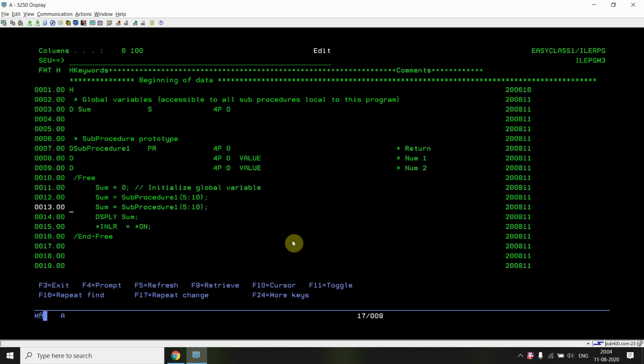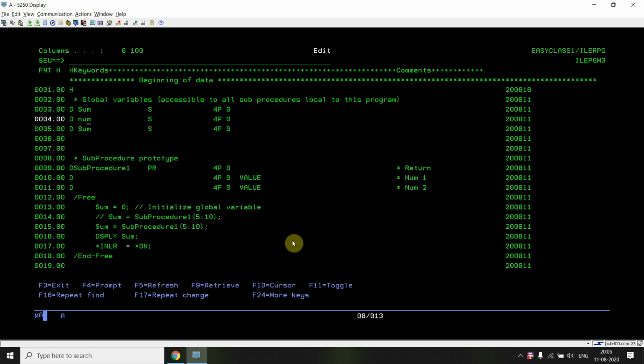For example, now I'm showing you multiple things: sum, num1, num2, and then I'm initializing them with, for example, 50 and 150.